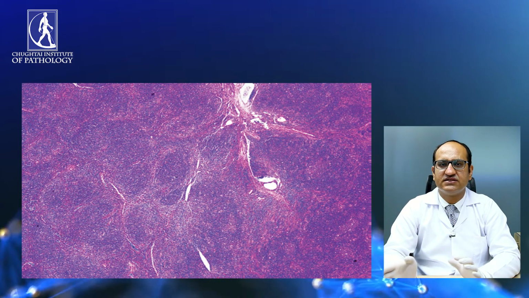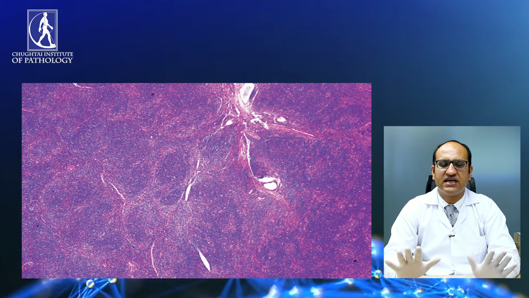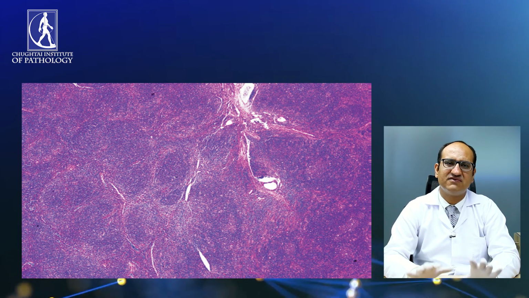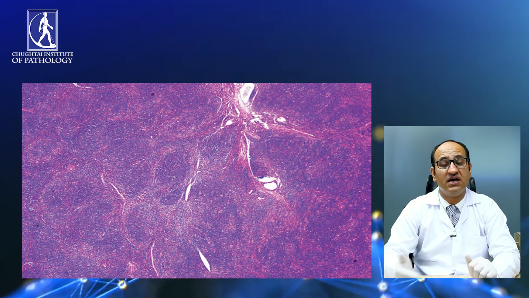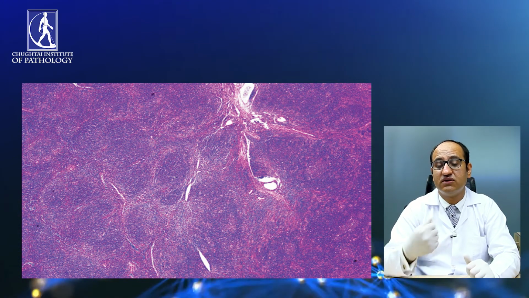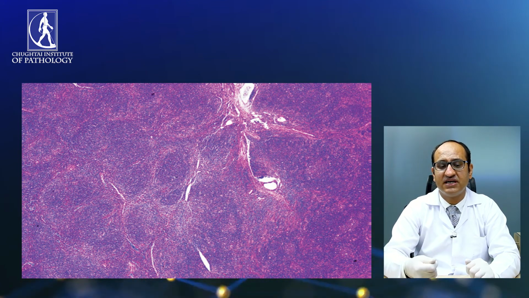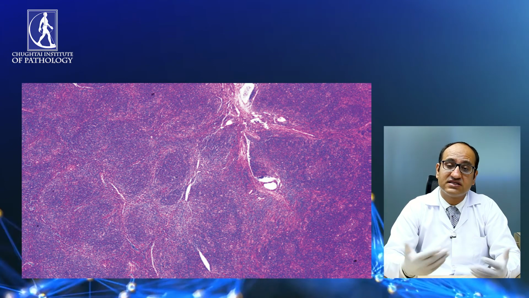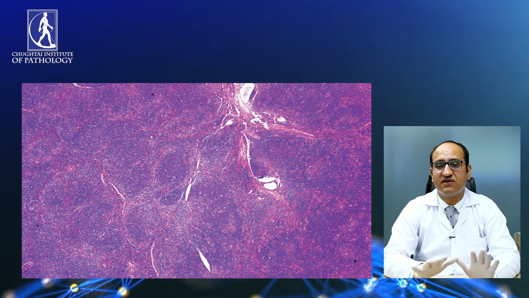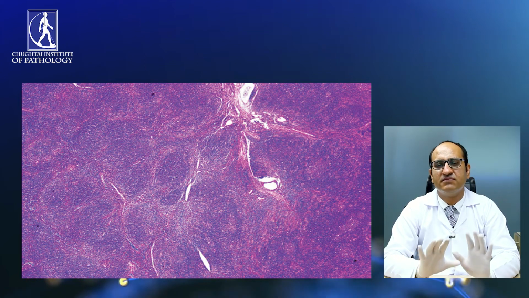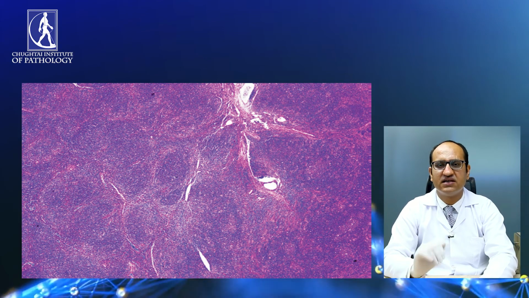In this picture, you can see that there is effacement of architecture of a lymph node by a diffuse process. This is one of the cases of classic Hodgkin lymphoma which may mimic lymphocyte predominant Hodgkin lymphoma. Here you need to search for proper mixed inflammatory background and proper scattered large cells for diagnosis. Otherwise, in most other cases of classic Hodgkin lymphoma, you will easily find the mixed inflammatory background as well as scattered large cells.